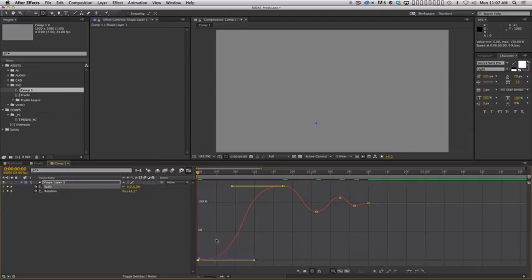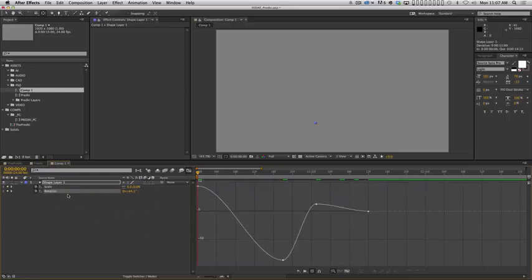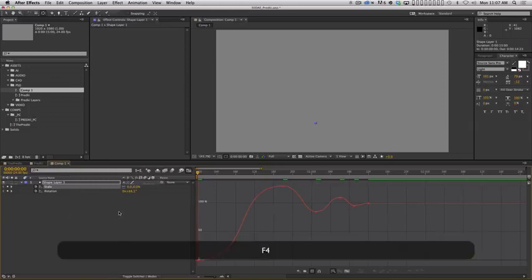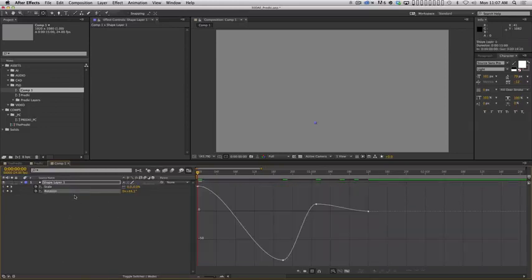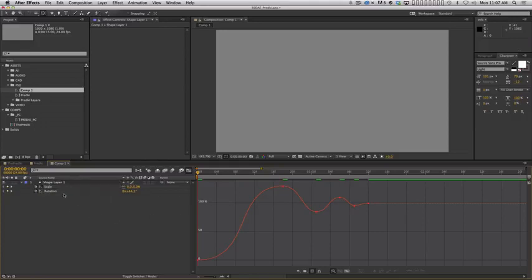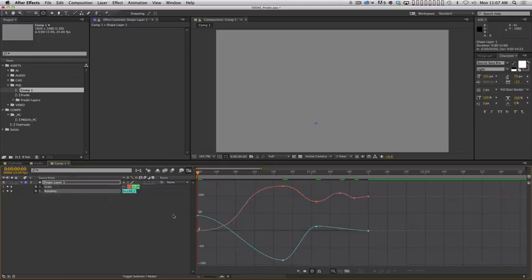And you can see now our scale has this nice kind of oscillating curve, and then our rotation doesn't yet, okay? What I'm gonna do is I am going to click this button here right next to scale, okay? And what that little button does is it's just gonna keep this curve on screen even when I'm looking at my rotation curve, okay? And this is just a nice way so I can kind of keep them in sync